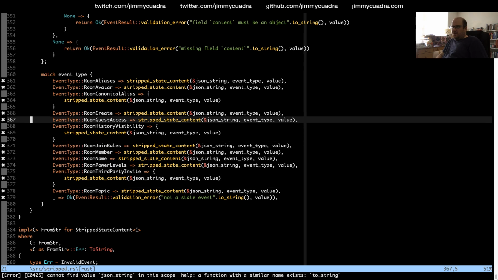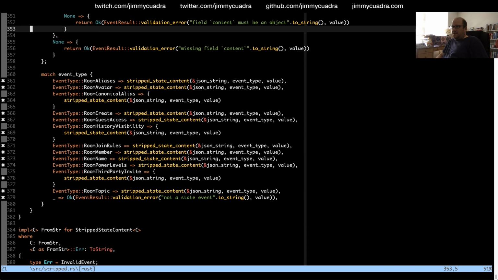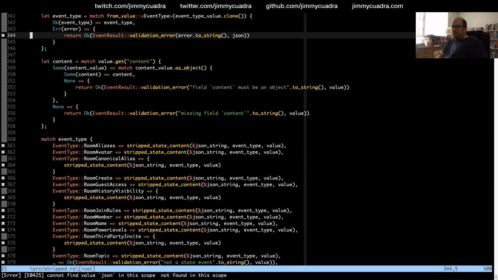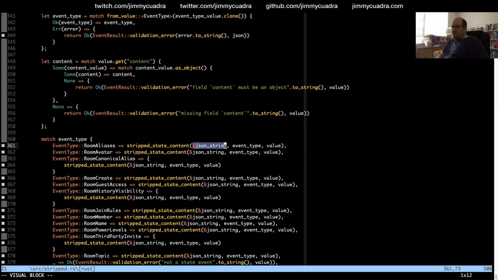Okay, and so this is going to complain because stripped state content no longer does what you expect. I don't think the JSON string is necessary here. Event type.